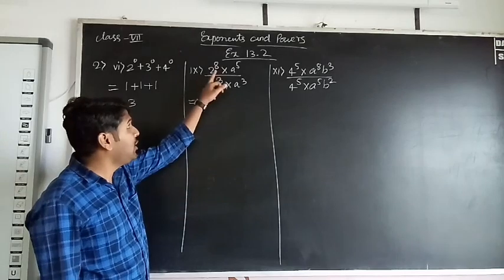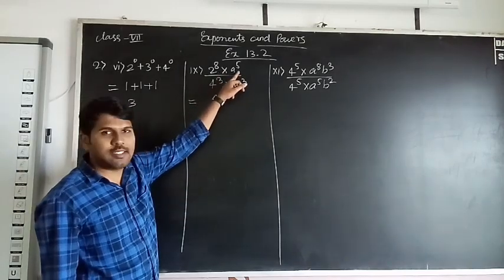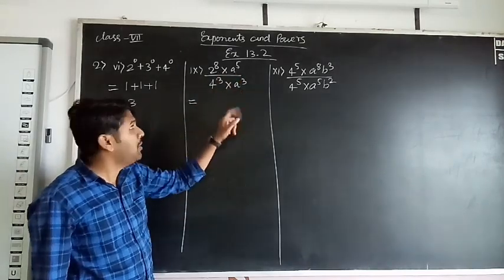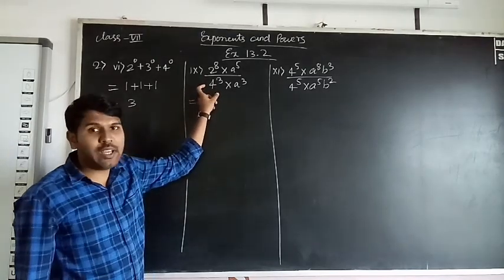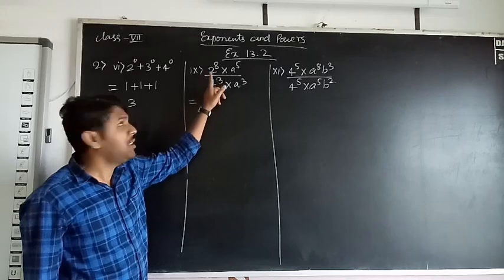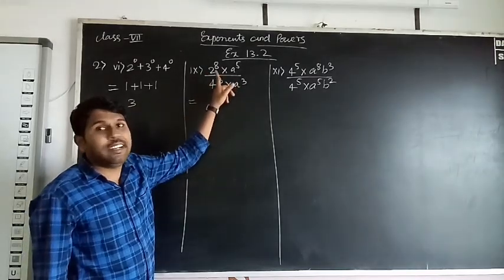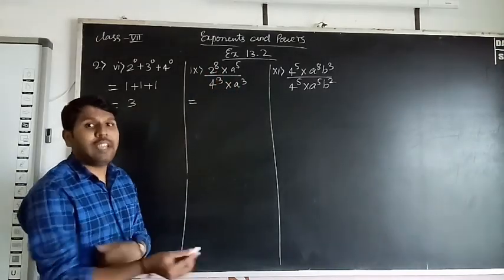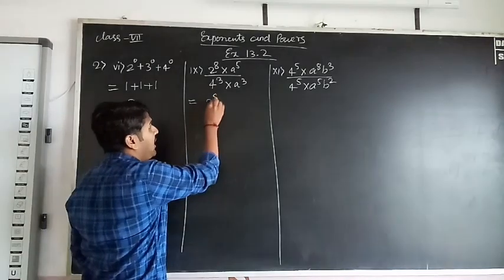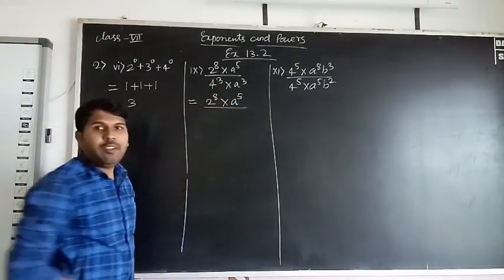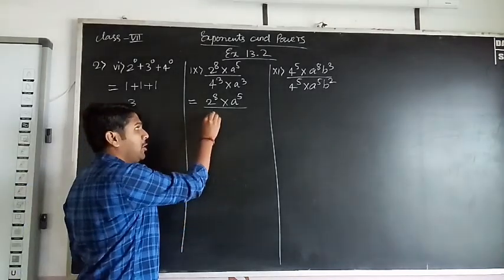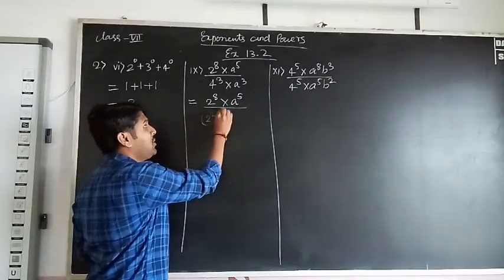So first here 2 is the base and A is a base, and here also A is there, but here 4 is there. So we can convert this 4 as 2 square. Then you will get the base 2, no? Then only you can cancel it using laws of exponents. So first write down 2 raised to 8, A raised to 5 as is, and 4. How to write 4? 2 square, 2 square raised to 3.